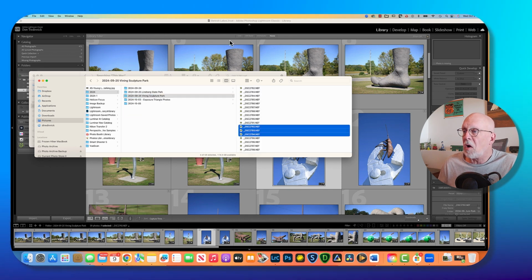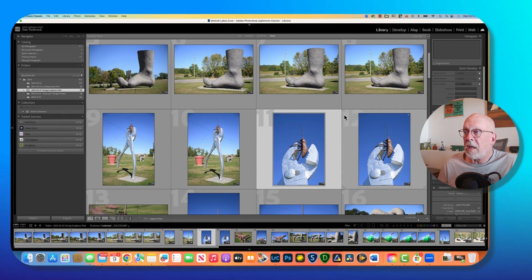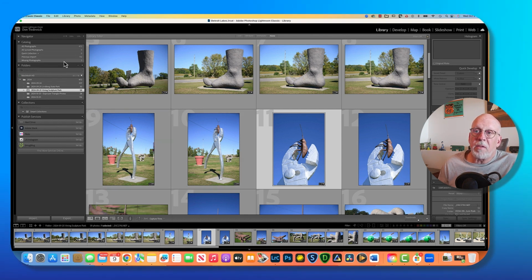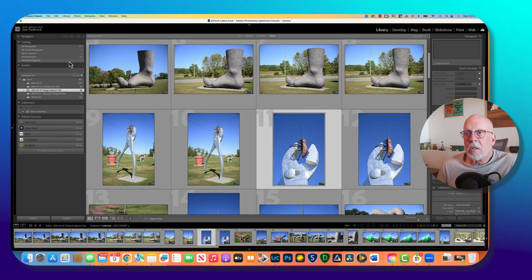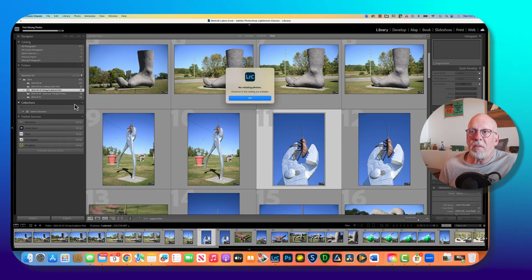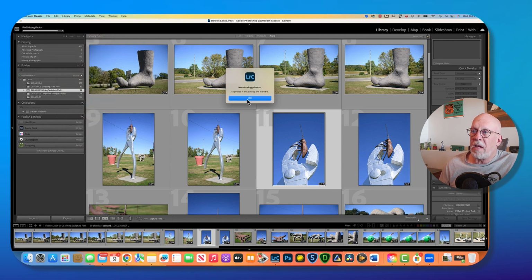Okay, so those are now back in. So those are moved back in, and now notice that those exclamation points have gone away. So Lightroom now says, oh, okay, I know where those are. I'm still seeing 3 up here. This doesn't correct itself automatically, so I can go back to library. I can run that find all missing photos again, and this time it should come back and say no missing